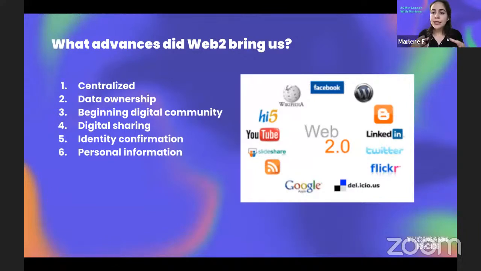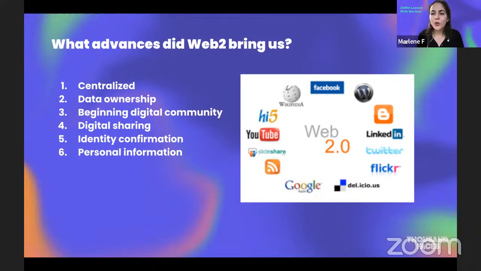With these platforms or systems in between the users, they have a lot of data ownership, because as a user, you had to put a lot of your personal data and the data from where you were connecting from. So there's been a lot of controversy regarding this, because we placed our data and it's not shared only between the users. There's another system that has ownership and decision over our data.